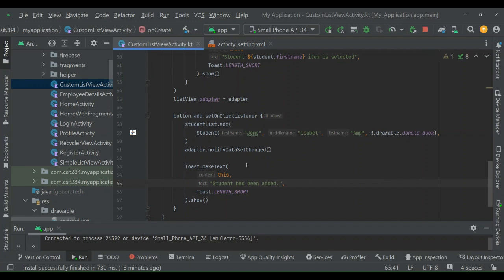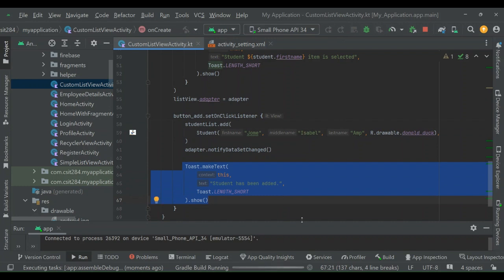Every time we click the add button, with the same value, we are just going to add Jom. After that we call notify data set changed to tell the adapter that there is a change in our student list, and then it will re-render our view. After that you will see a message, student has been added.